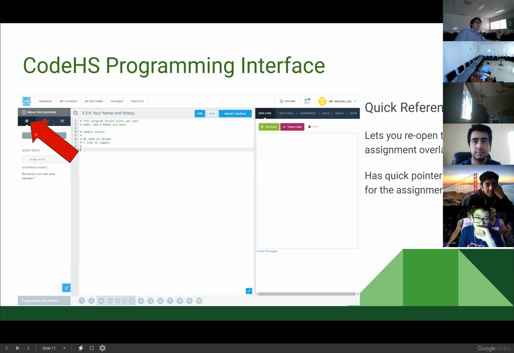Over on the left side, we have our quick reference. That's the little map looking thing. That gray button will let you reopen the assignment overlay. And then the quick docs area has quick pointers on any tasks you're going to need to accomplish for your assignment. The auto grader is the best part of CodeHS. Arguably yes, arguably no. It makes my job much easier, but it also is sometimes very, very finicky. So,